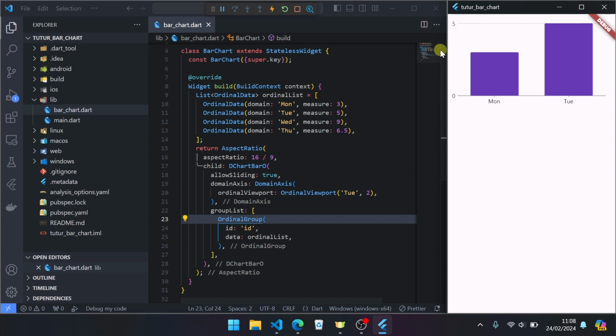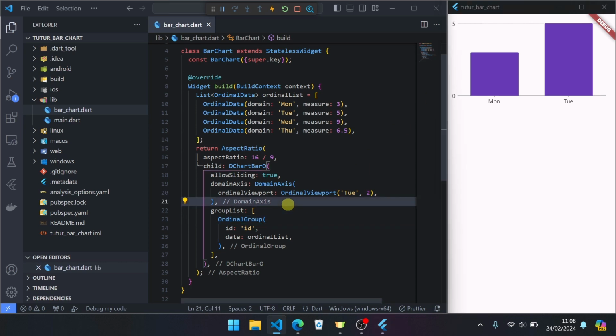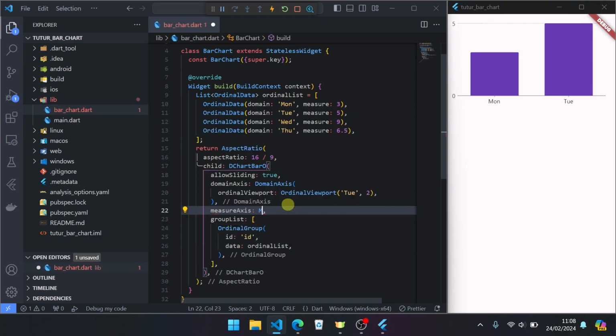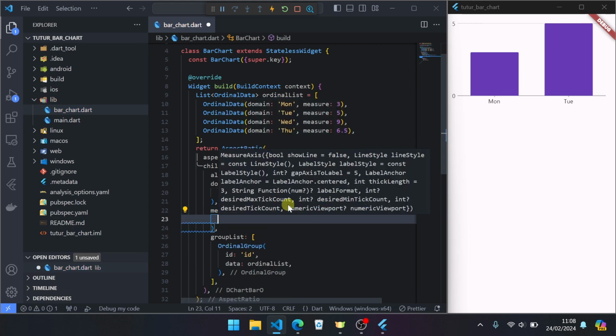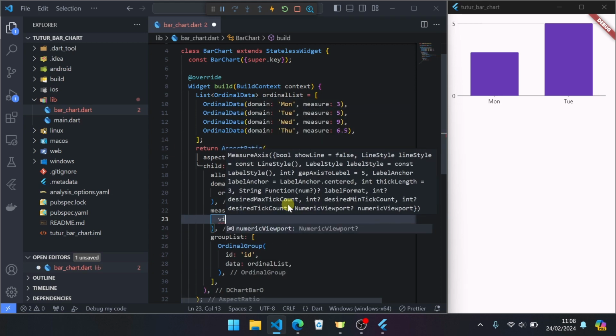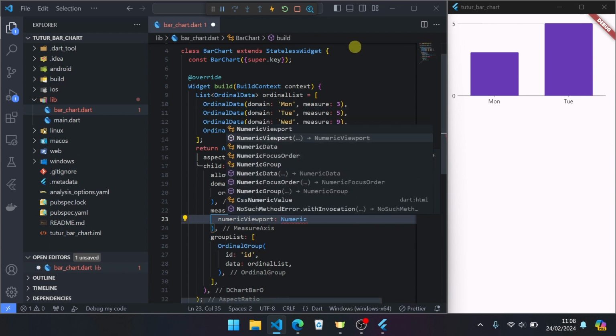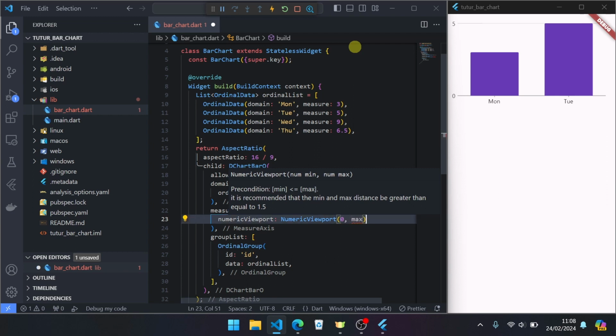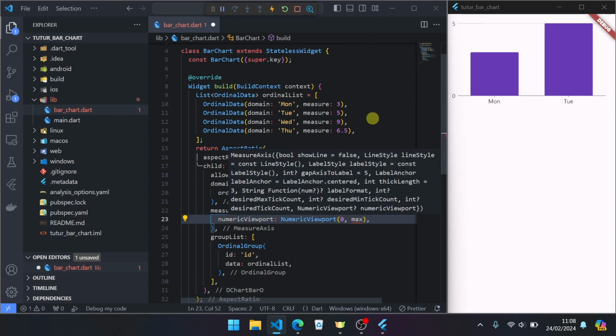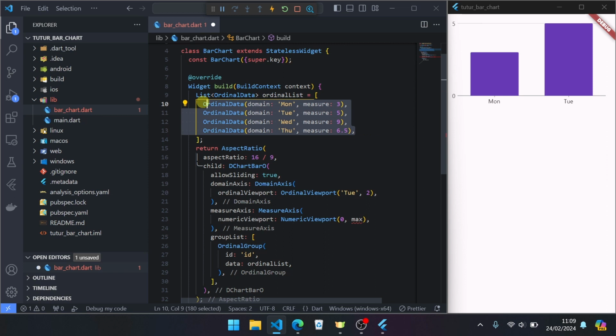To fix this measure viewport, we can add measure axis and add viewport, numeric viewport, because the data in measure is a number. Numeric viewport minimum 0 and maximum. We can check from the data.